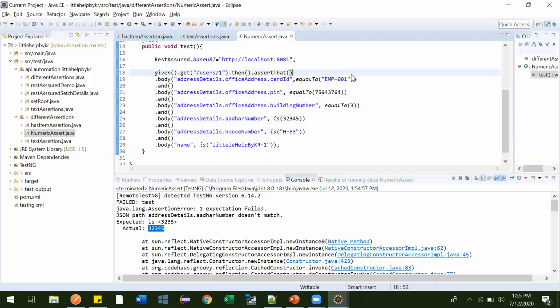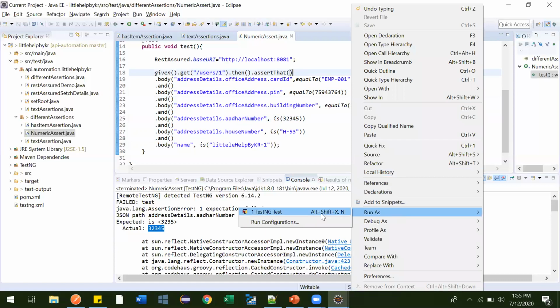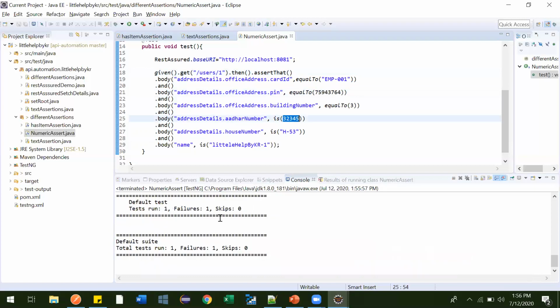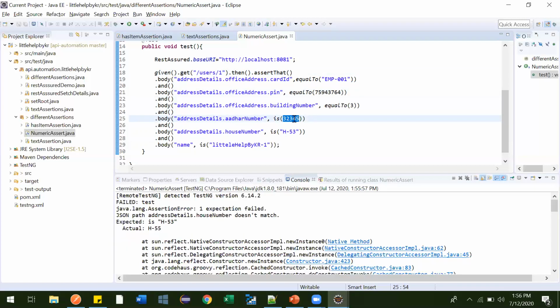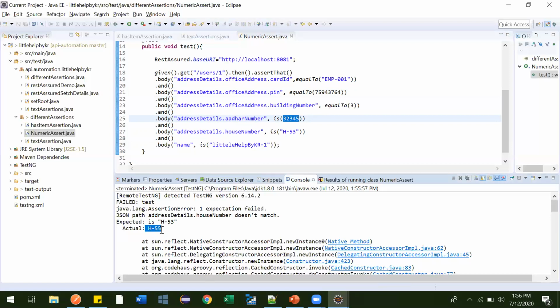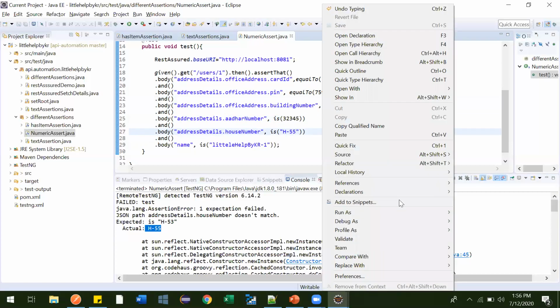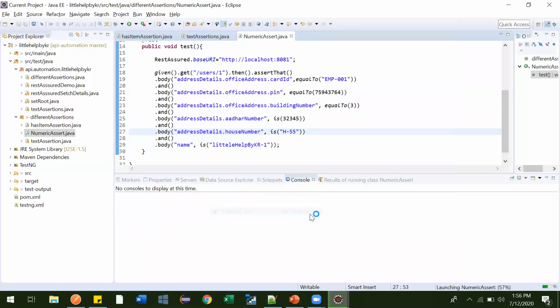They will not get to know in one shot. First we were failing this, now we corrected it, then we got to know that this is failing. So we corrected this also, executed again, and saw it failing somewhere else, so again we need to correct it and check whether there is any further error.